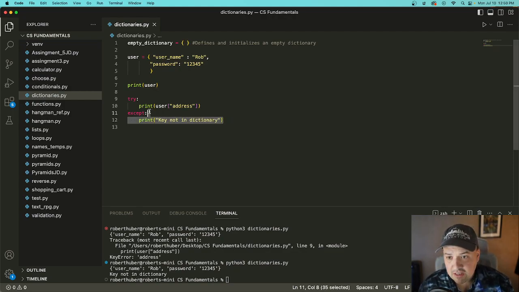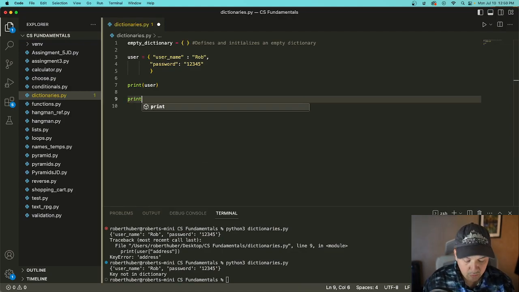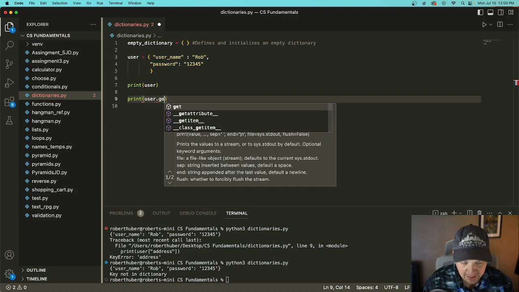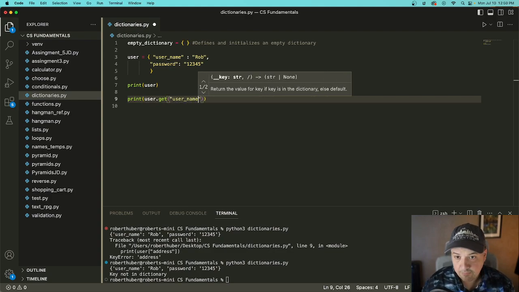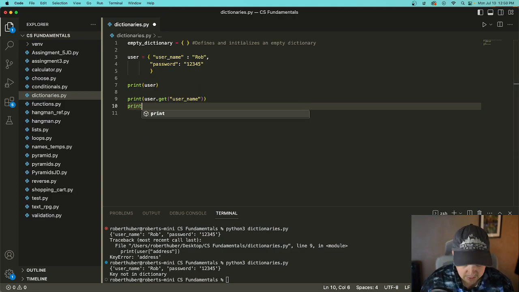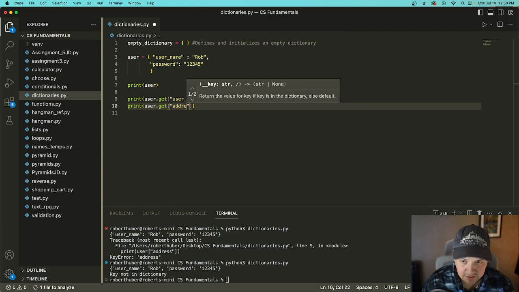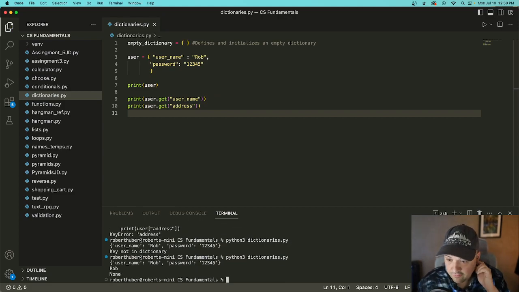So instead of using this method of the square brackets for getting information out of a dictionary, we can also use the built-in get method. So if we do user.get and we say username, or if we do print user.get, but this time we say when we know it doesn't exist, which is address. Let's see what these two statements get for us. The first one produces Rob. Great. The second one produces None because user.get address does not have a value because address is not a